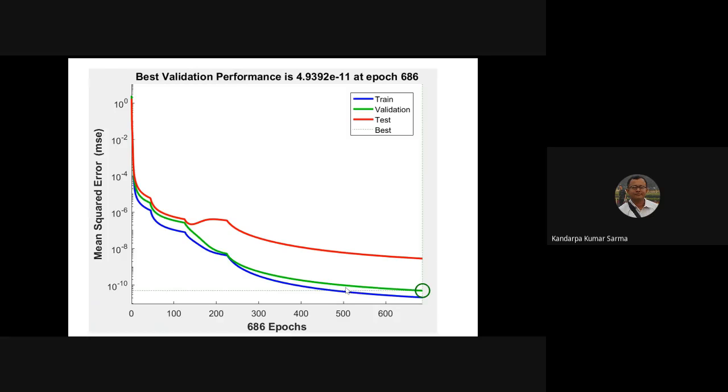And then there are separate curves generated during the validation and during the testing part, while the best performance is crossed at around